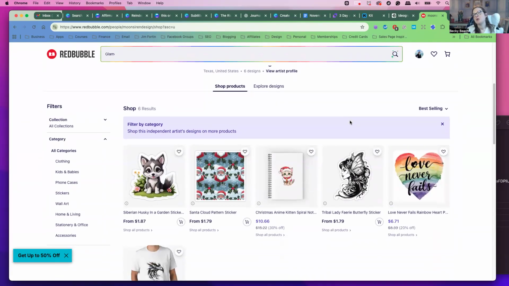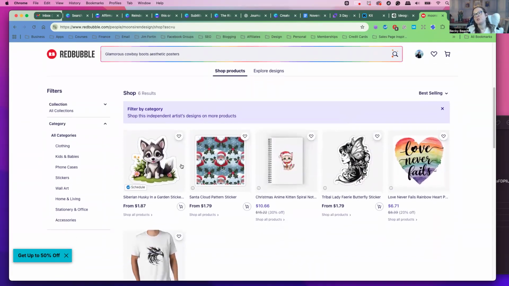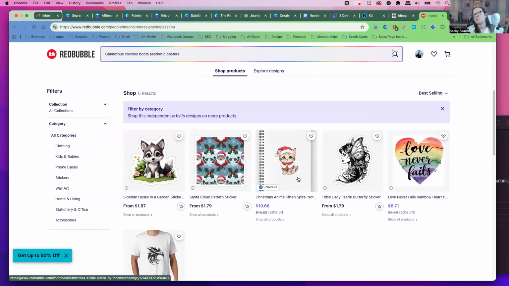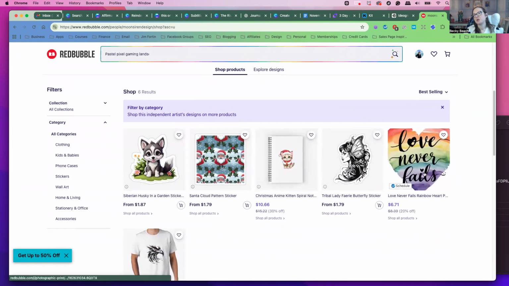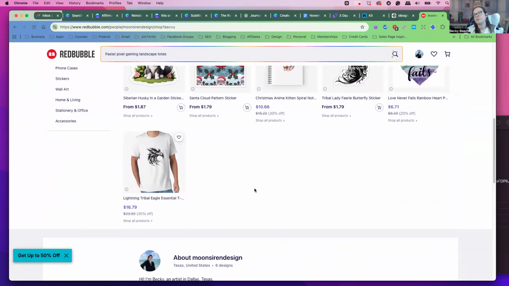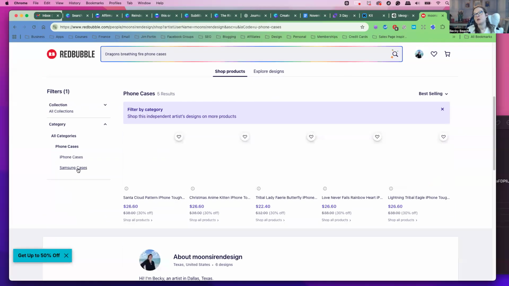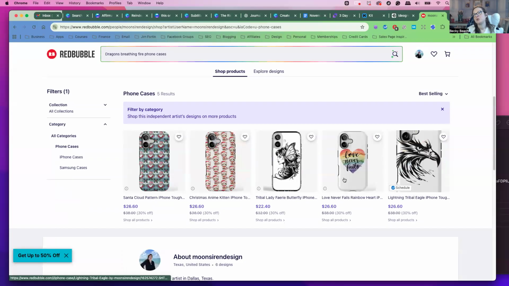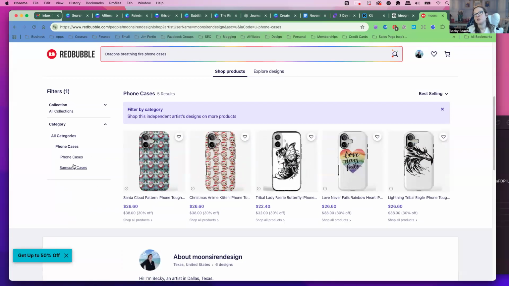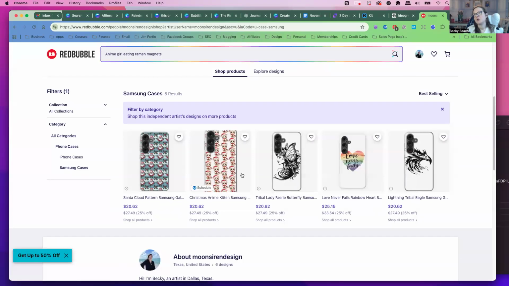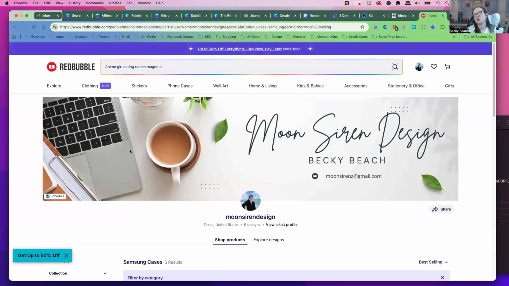That'll be on Wednesday. So you get to see how to make these stickers. These Bible stickers sell the best. And I made tattoo stickers. These are all the designs. I made phone cases too with the stickers and made designs. And I got Samsung cases. You could take one design, it could be anything. They have so many different products you could put your designs on.